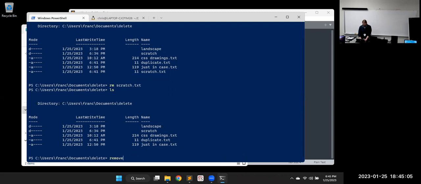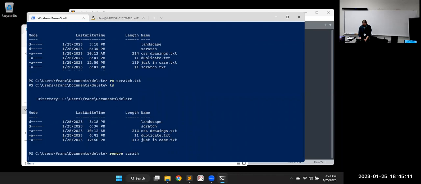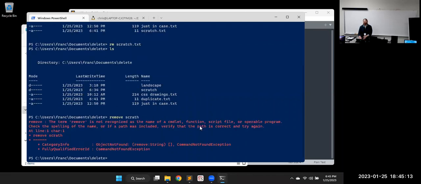So let's see if remove works. Remove scratch. Just remove doesn't work. The old command was abbreviated rm.